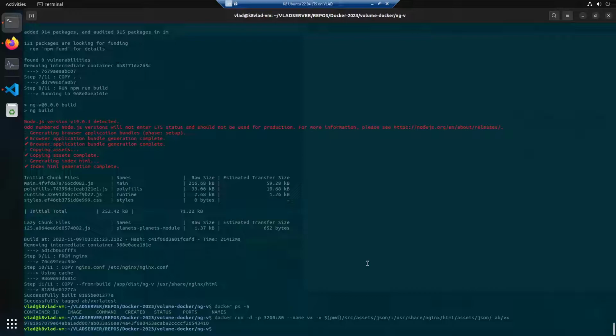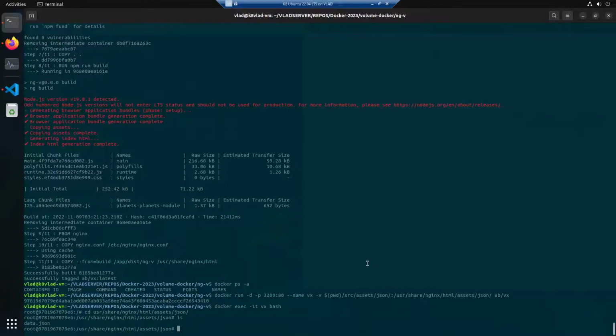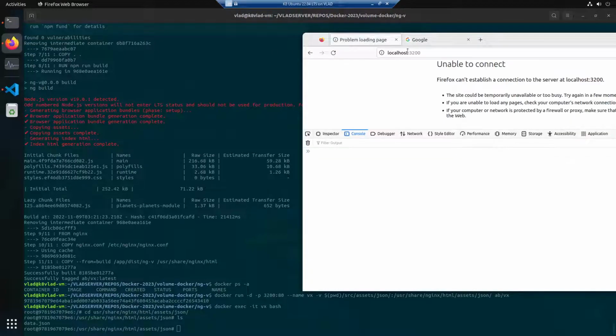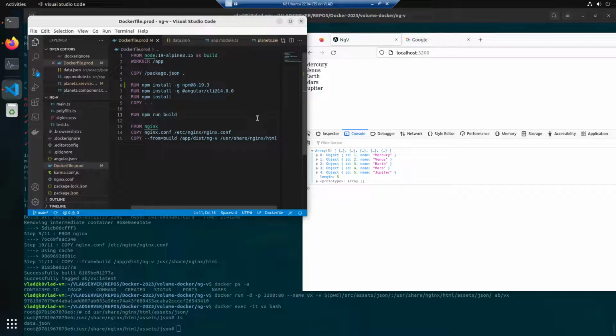Then we will docker exec -it vx bash. Go to user share nginx html assets json. All right, we still have it. So we go to this one here, and then we have the array here. Okay, so now we want to